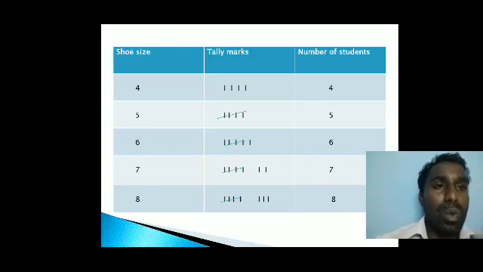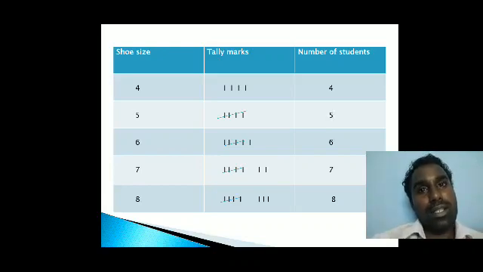Okay, now one more question I'm going to ask. What is the total number of students? Can we add 8 plus 7, 15, 21, 26, 30. So the total number of students is 30. And which size has the fewest students? So the size with fewer students is obviously 4. Okay, 4 will be 4 persons only.